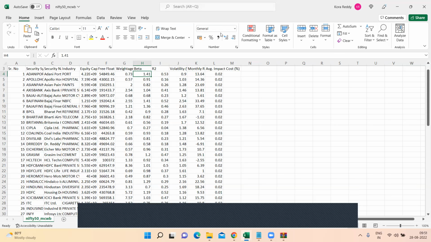And then you have R2. R2 is the correlation square. It is simply how much percentage you can explain. Adani Ports is 0.53. That means 53% of the times Adani Ports and Nifty move together. If you just, let's say, plot Nifty returns and Adani Ports returns,